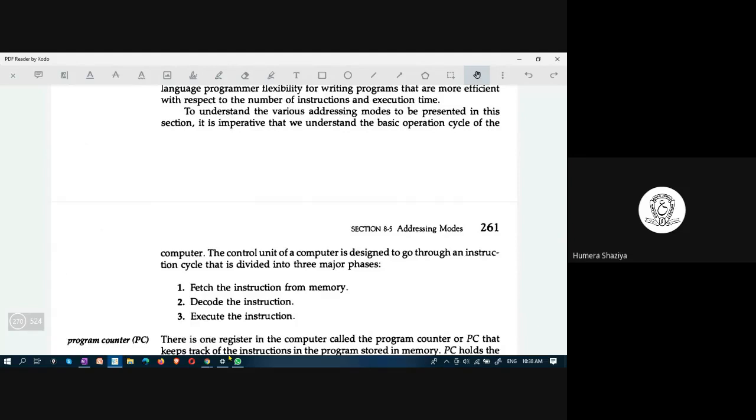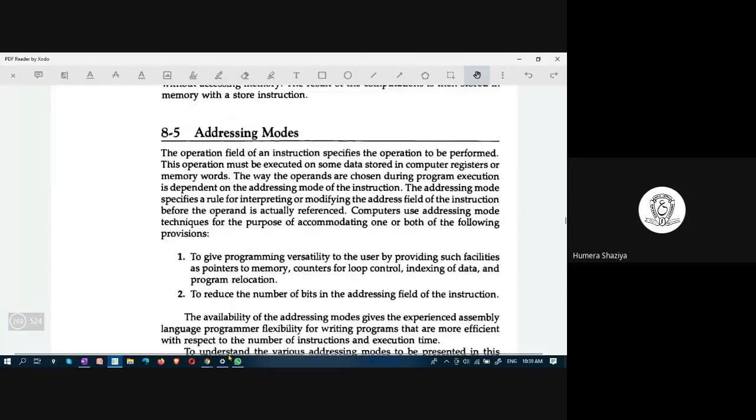Yes, students, in the address part, we learned that we can specify address directly. We learned that we can specify direct address, we can specify indirect address. Likewise, you can have implicit address. For register reference, the implicit address is accumulator. So essentially, in this topic addressing modes, we are going to learn